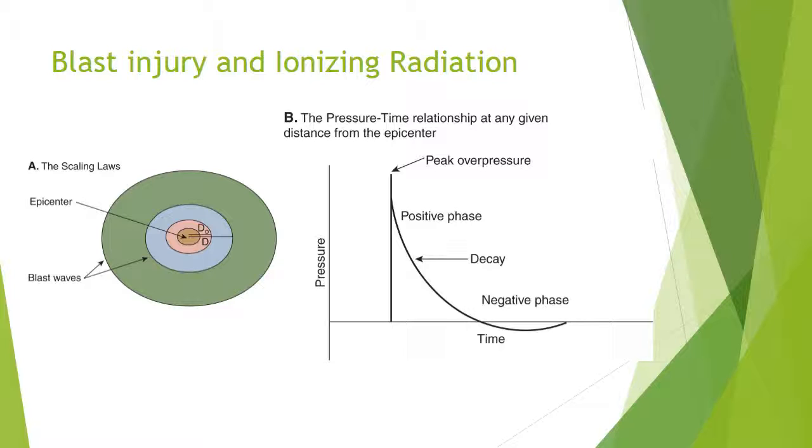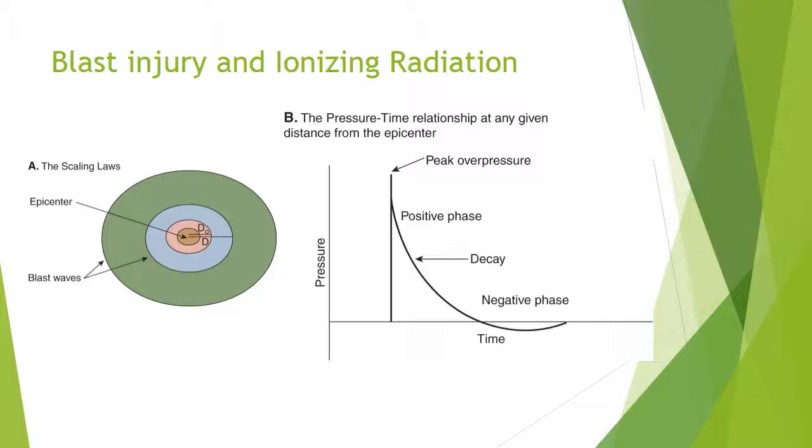This diagram on the left and the graph on the right try to represent what happens in a blast injury and also during ionizing radiation, had the blast been due to an atom bomb. Although I just hope these kinds of things never happen. During the blast injury, there is a sudden increase in the pressure as shown by the graph. From 0 is a rapid peak overpressure. This pressure moves three-dimensionally as shown in the diagram, and the blast wave keeps going from the center to the periphery. At one point of time, there is a negative deflection of the pressure. So there is a vacuum and everything gets sucked back into the center.